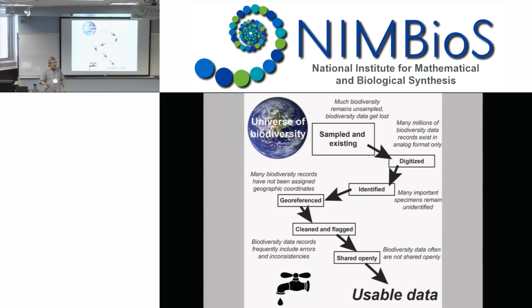Sometimes the handwriting is illegible, et cetera, et cetera. Even of the ones that exist and have been digitized, many of them are not identified or not fully identified. And we can go through all this linkage, but many of those that have been identified are not georeferenced. And so they're hard to plop down on a map. And that's been a major failing of several of the big biodiversity information portals, that this task of georeferencing, which